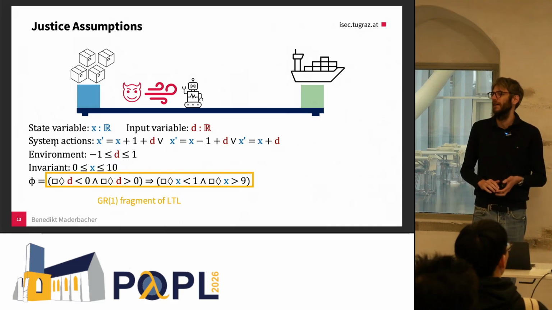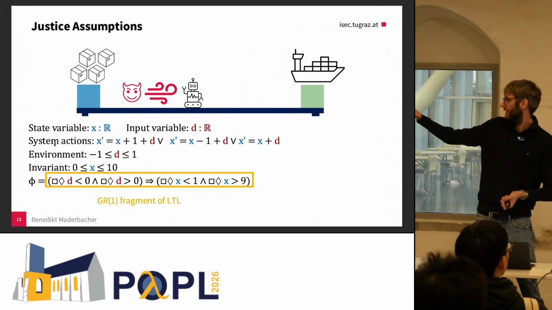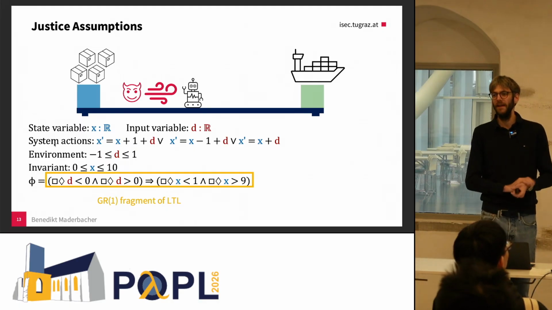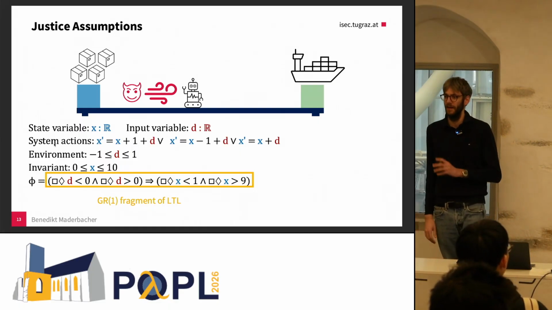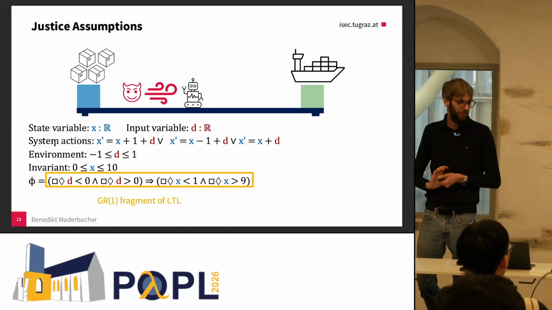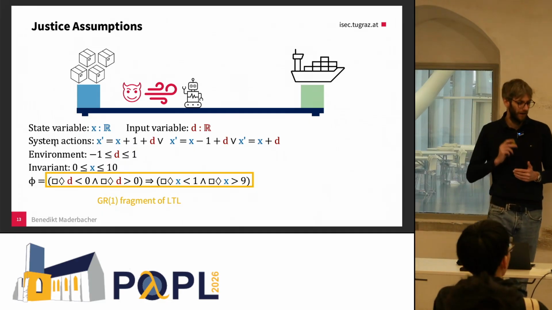The specification that results falls into a fragment called GR1, which has these "some things happen infinitely often" conditions as assumptions and also on the guarantee side. We'll need a bit of this structure, but the exact details aren't super important for this talk. So